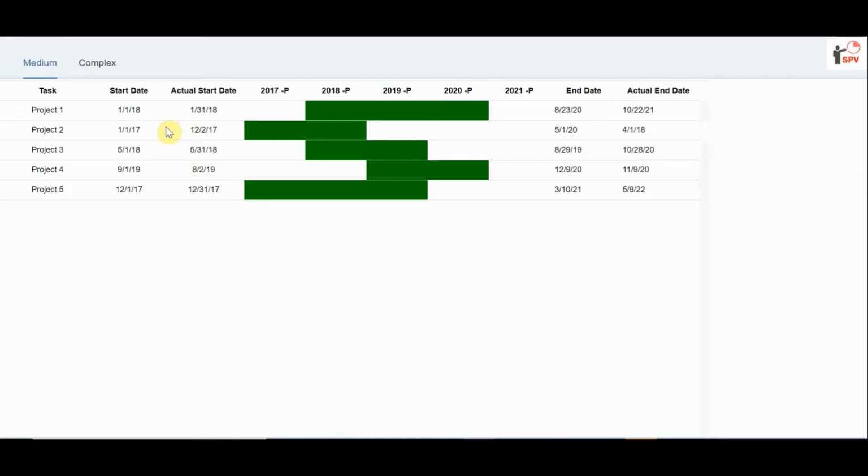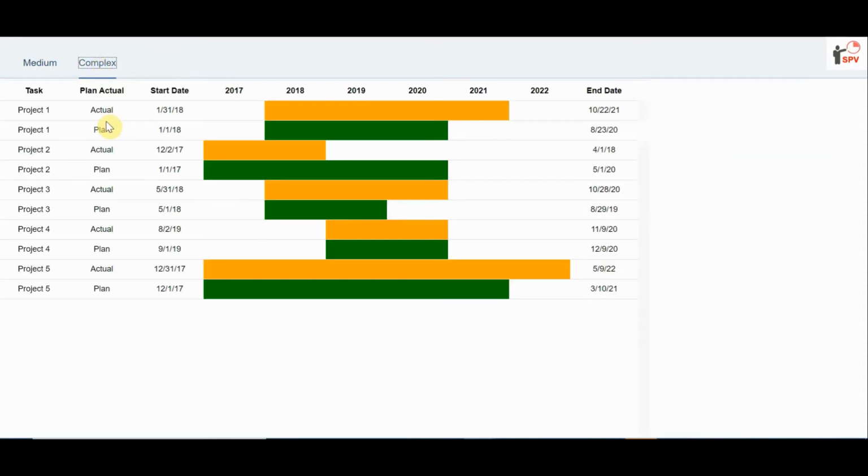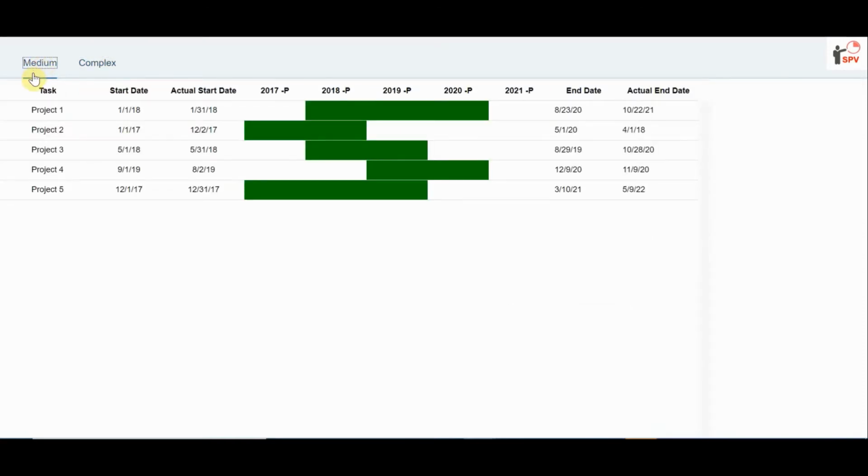We cannot do this kind of chart directly. The background needs to be done from the backend. All the data should be maintained by the backend team to make this work. If it is medium-level, and they can do the background work, we can make it done. If it is more complex from the backend side, the output is like this. We'll see the details in this video.